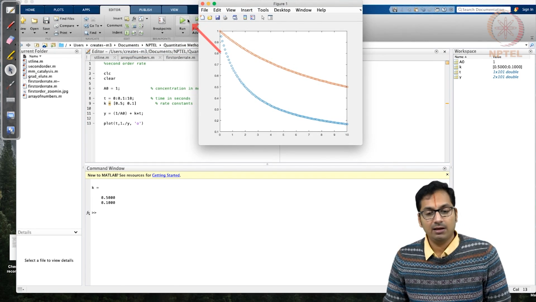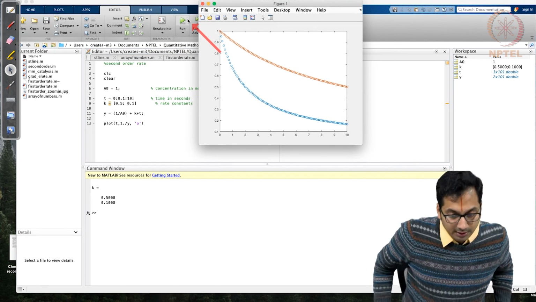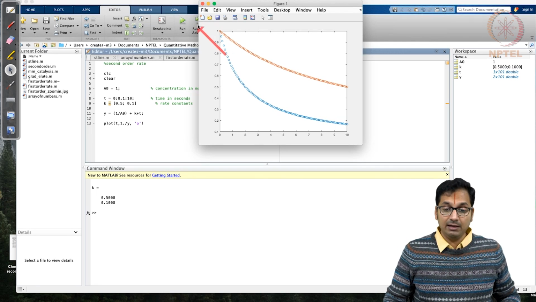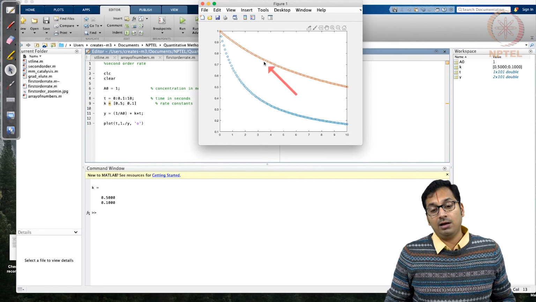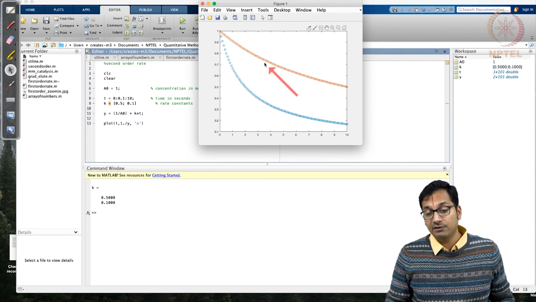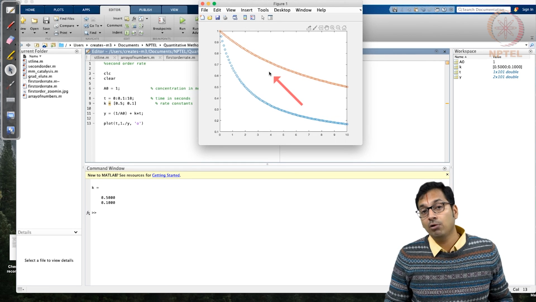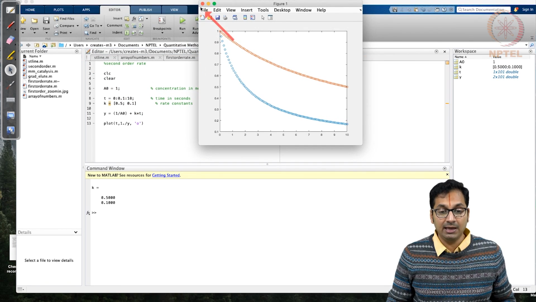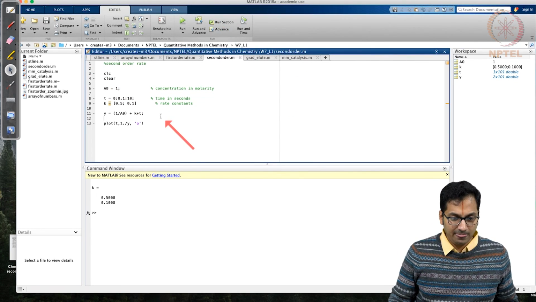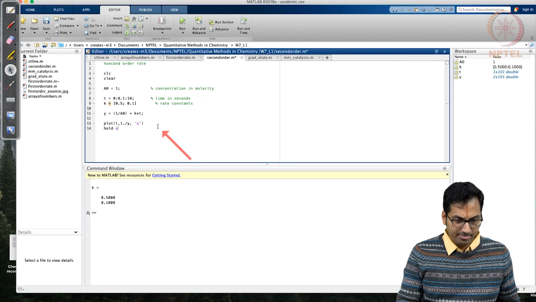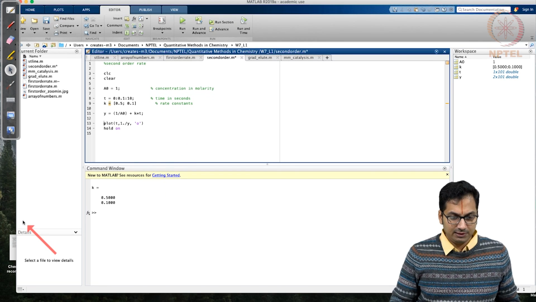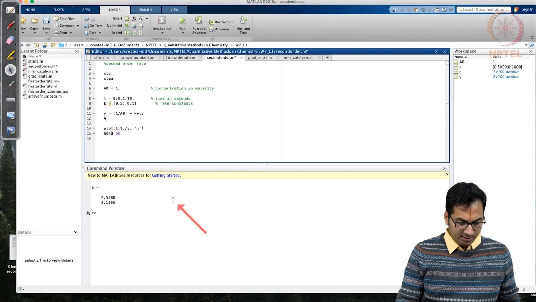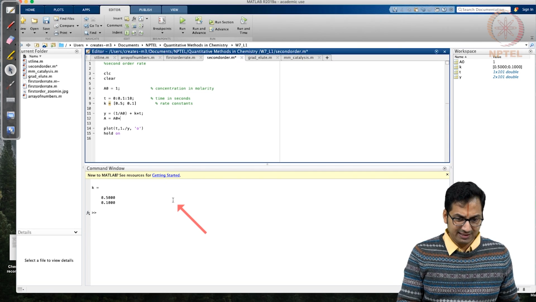So let's simulate. What ends up happening here is that you are able to appreciate the fact that similar differences coming up, and maybe the differences for second order are even more than the first order. How are we sure to say that if you have the same initial concentration? Let's simulate all of this in the same curve. Okay, so let's try to say A is equal to A naught star exp minus K star T.